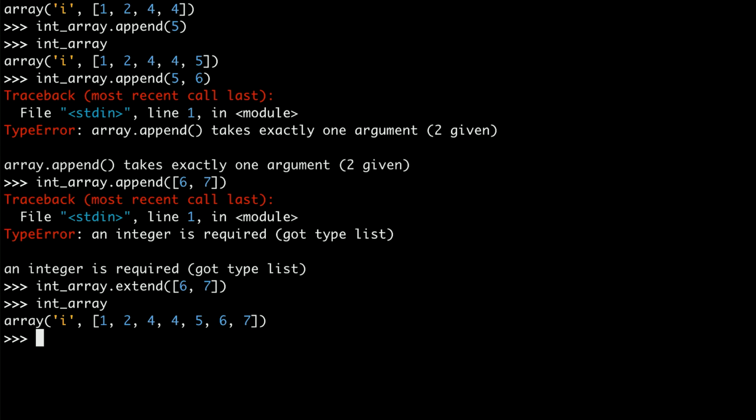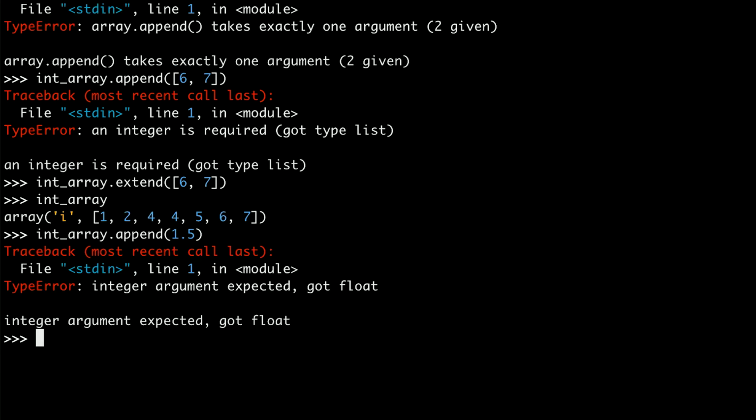Elements in an array must all be of the same type. So if I try to append a decimal to an integer array, I get an error saying that it was expecting an integer and didn't get one. On the other hand, you can append an integer to a decimal array since integers can be cast to floats in C. So you can create a float array